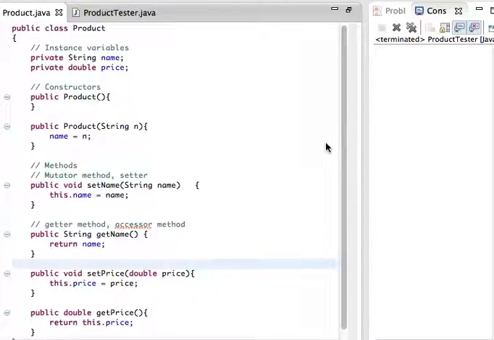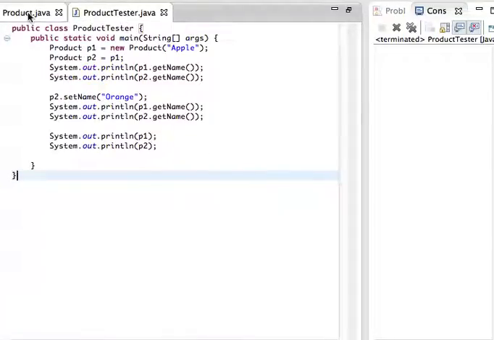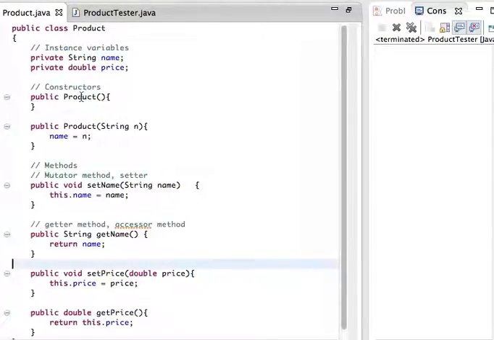Hello, in this video we will talk about how to use a class type as a parameter for a method. So we have a product class and a product tester class. In the product class we have a default constructor, a parameterized constructor which takes a string for the name